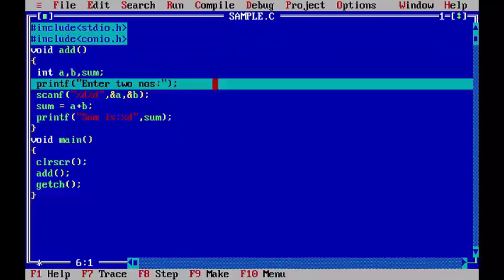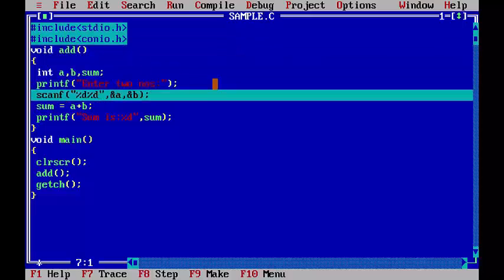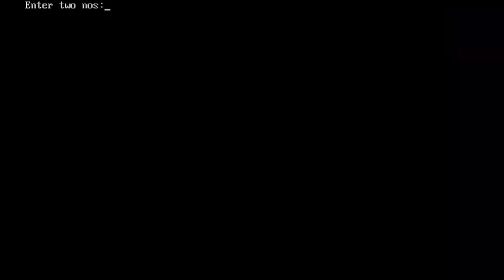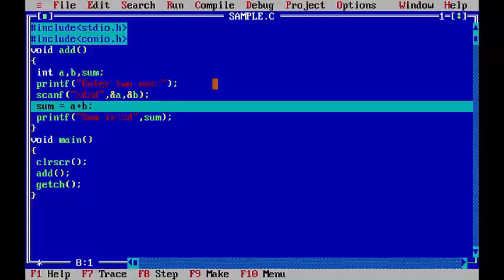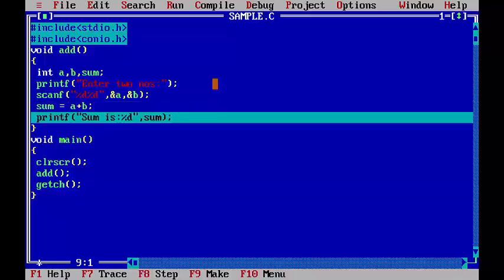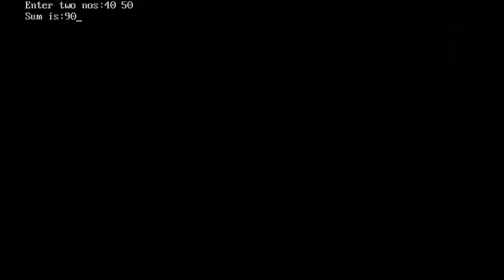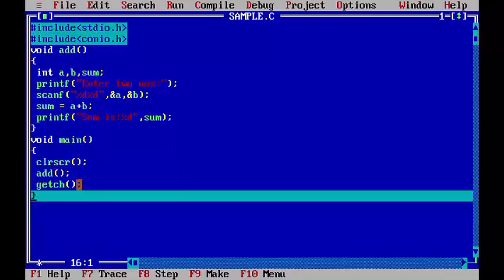Void add, then it asks to enter two numbers. So scanf, let's enter two numbers, 40 and 50, enter. Then it is going to add the sum, and it is going to print. Let's see the output. So if you see here, this is the function call, this is the function definition,